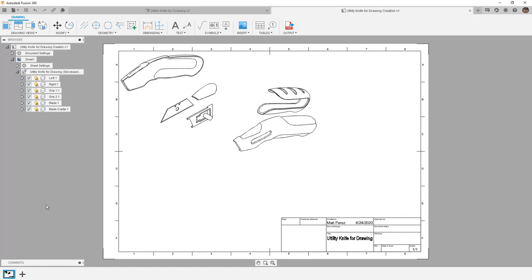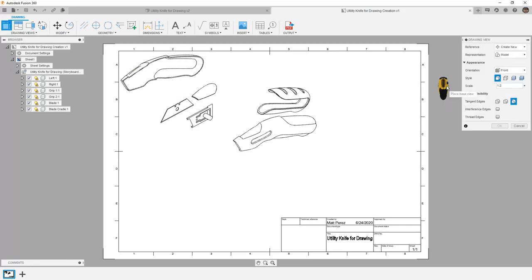From here, we're going to add a secondary view and then a parts table. So to add another view, we're going to go up to our drawings view on the toolbar and select base view. From here, we have the option to create a new reference. We already have one from our storyboard, so in this case I'm going to use Create New and pull it